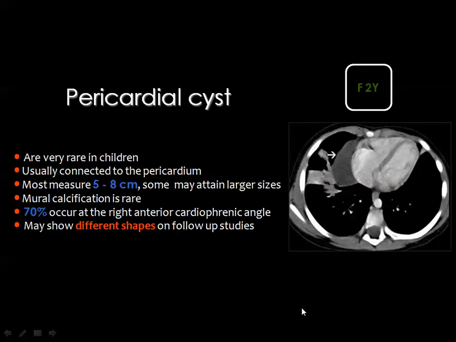Then the pleuropericardial cyst is a cyst which is very rare in children. It is usually related to the pericardium, commonly seen in the anterior cardiophrenic angle, usually present on the right side. This cyst measures in the range of 5 to 8 centimeters in diameter. It shows typical cyst criteria, but may contain calcium and